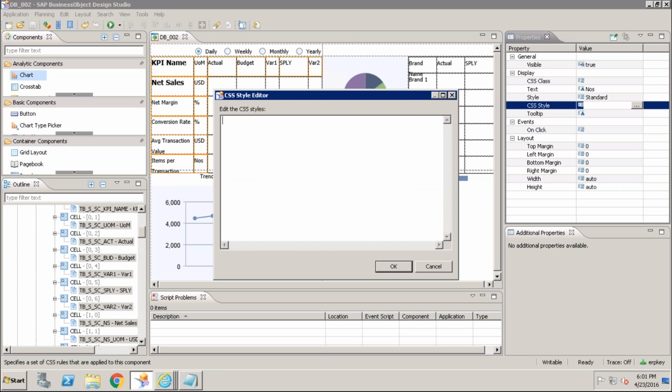So let's write something, for example, line height, maybe 30 pixel, and font size 14 pixel, and font weight bold, font color, I don't know whether this is correct or not. Let's put it white,